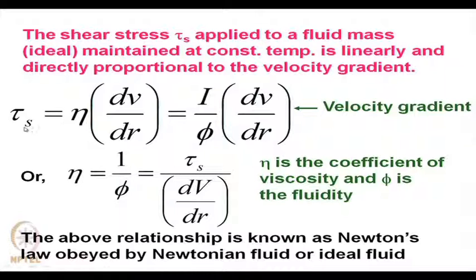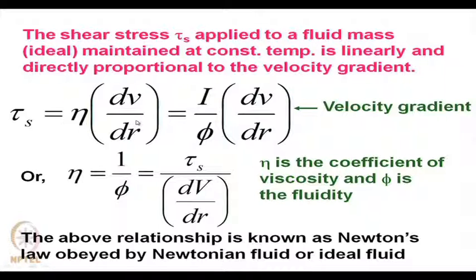In case of a pure ideal fluid, if some shear stress is applied, it is proportional to the velocity gradient dV/dr. That means, the velocity profile in case of a fluid flowing in a pipe can be also explained,